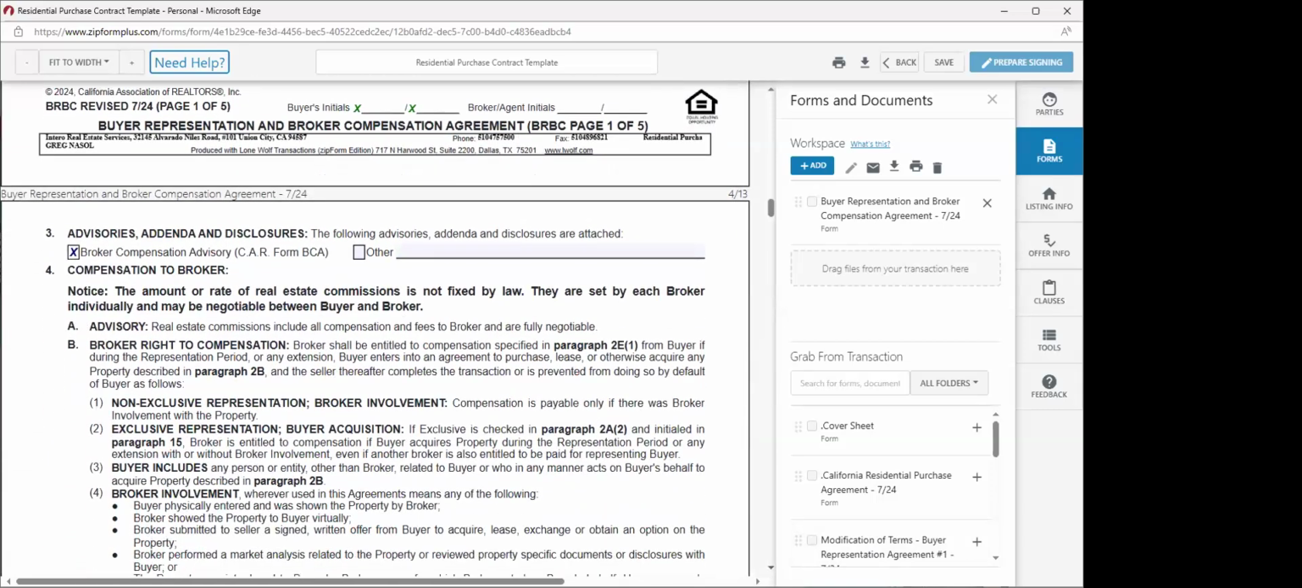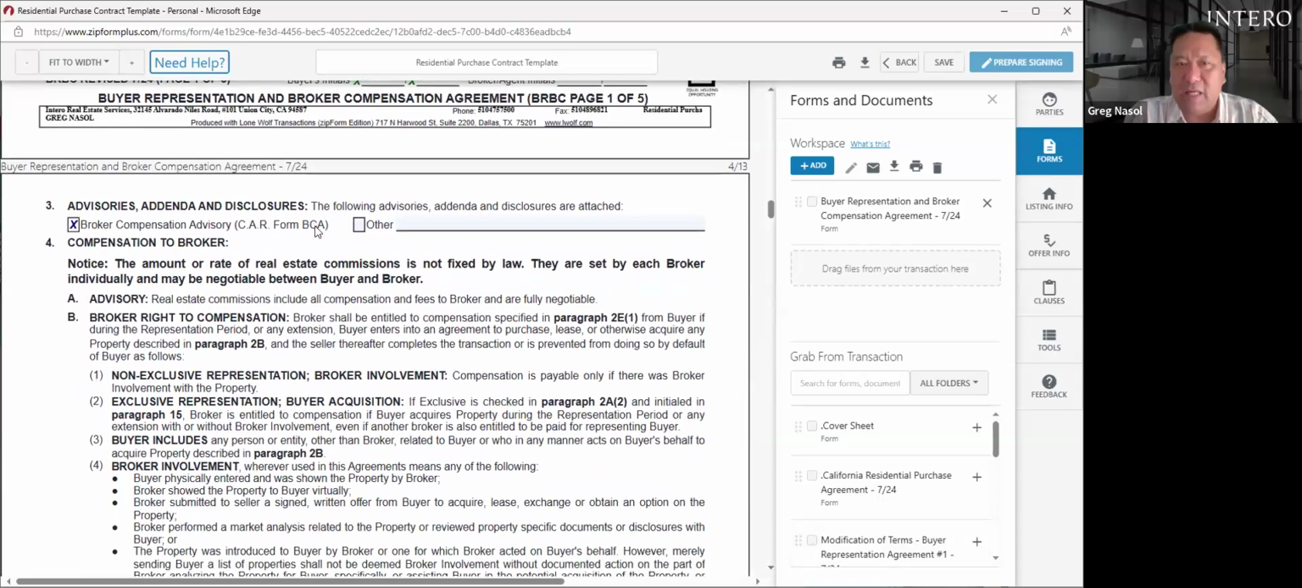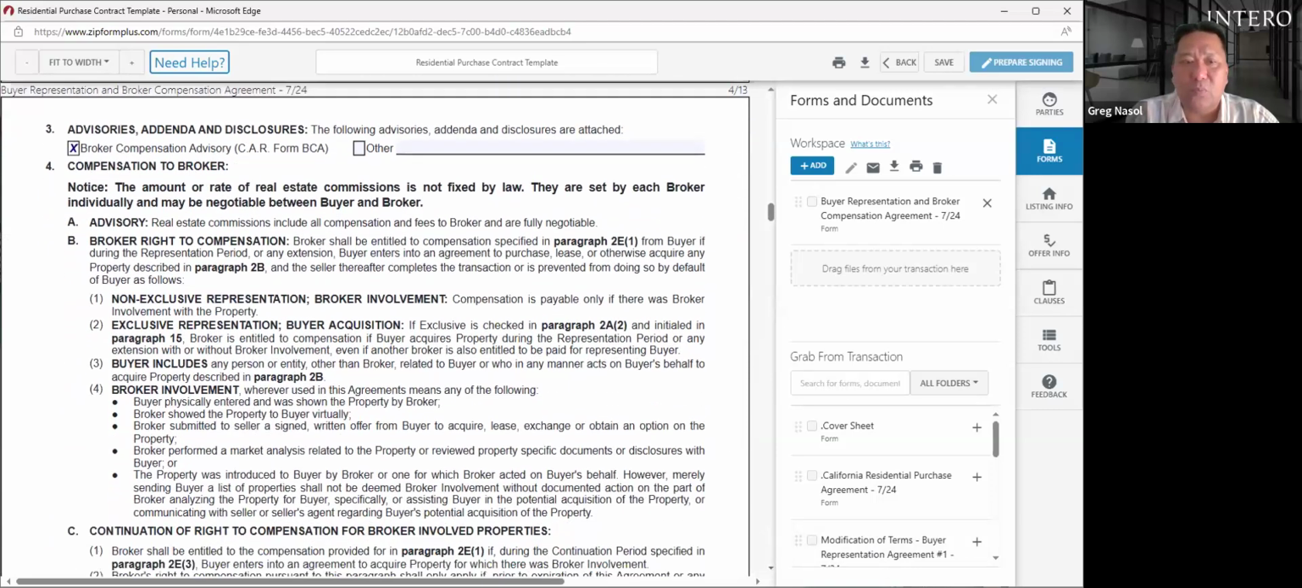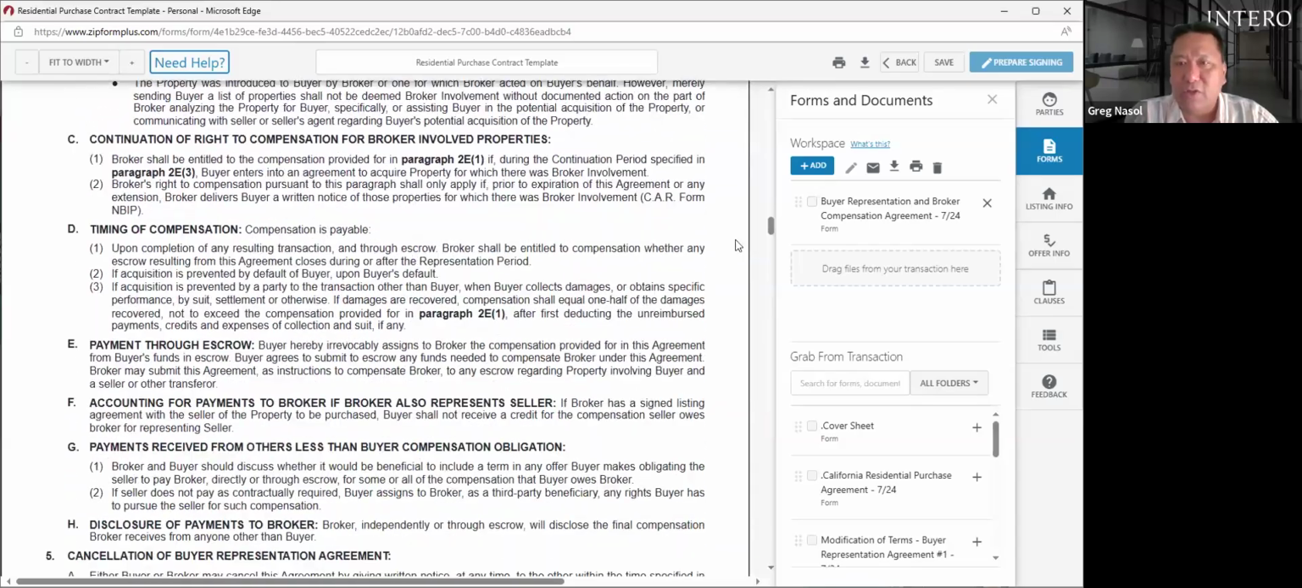So it's okay on advisories, right? The BCA is already included as part of the package, the buyer one that explains how compensation works. Other than that, there's really nothing else to complete here, okay? So I'm just going to